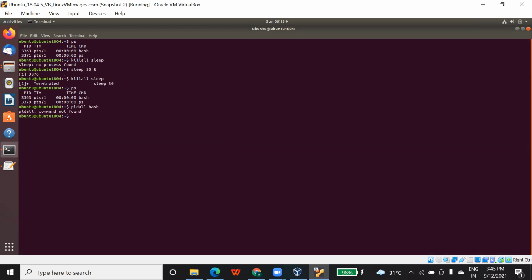Sorry, I have to write pidof bash. It will give you the process ID, which is 3363. Similarly, if I give pidof ps, it will not give you anything, because I'm running the ps command only, which gives me the number of the process. Let's see pidof 3391. It won't give you anything.